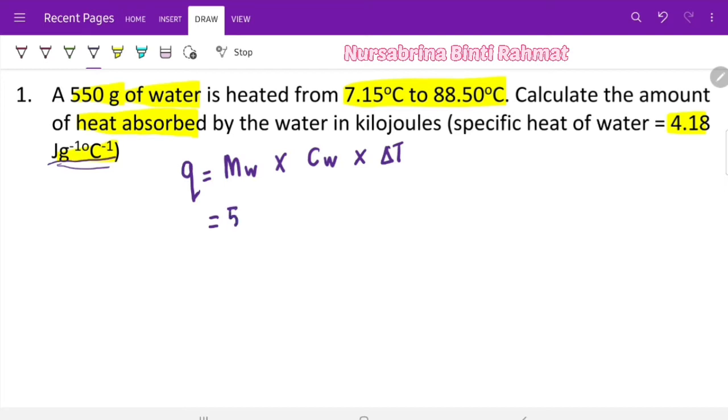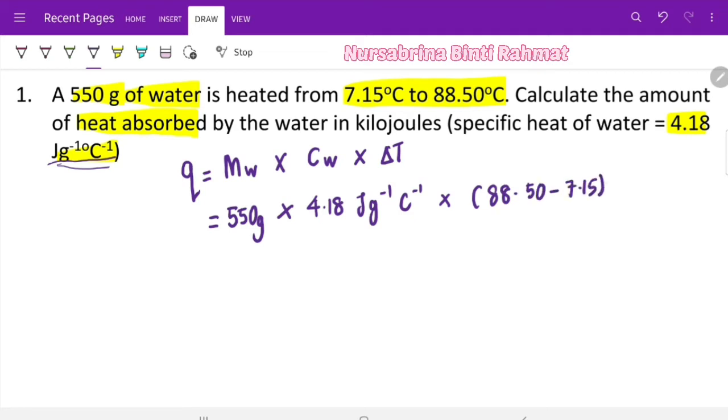So 550 gram multiplied by 4.18 joule per gram per Celsius, and the change in temperature, higher temperature minus the lower temperature. Never forget about your unit so that you won't get the wrong unit at the end. So you will get a long answer, which is